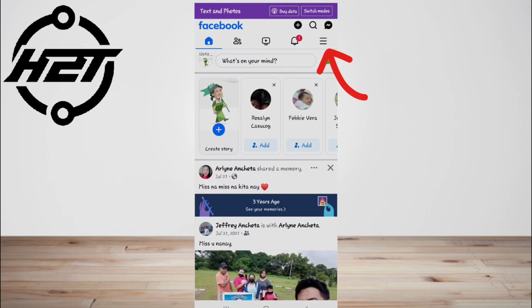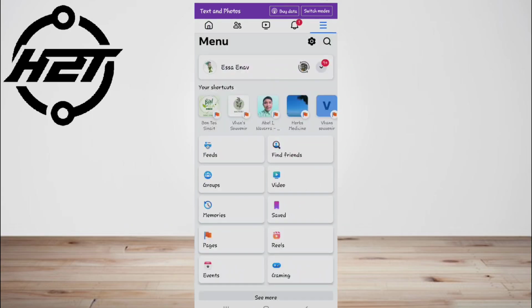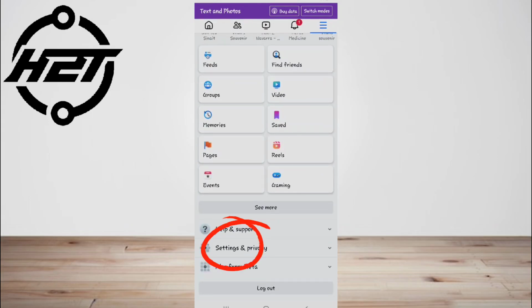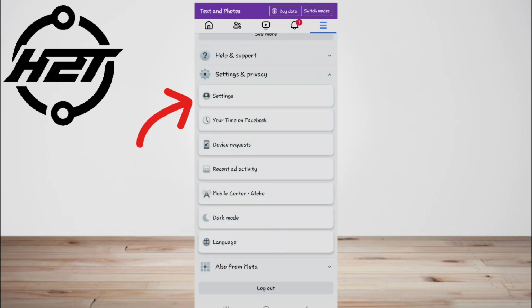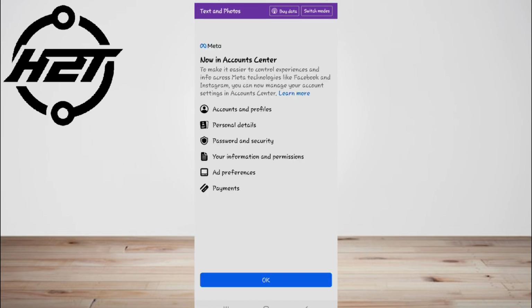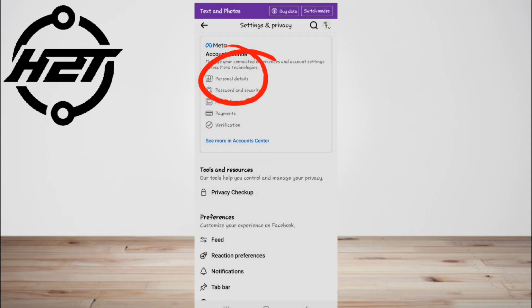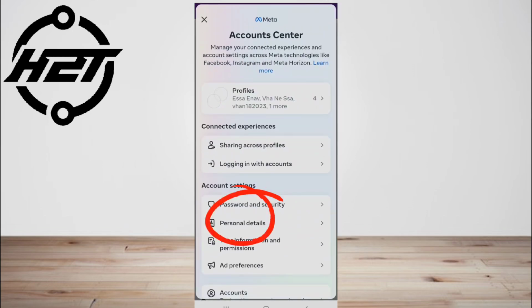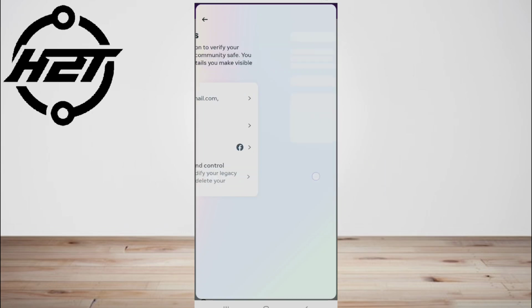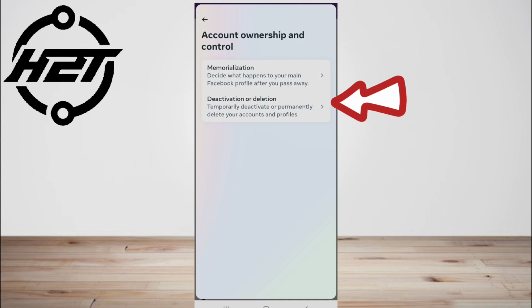Tap on the three-line menu button again and scroll down to the bottom and select Settings and Privacy and hit Settings. Now, go into Access and Control and tap Personal Details. Tap on Account Ownership and Control. Then, select Deactivation and Deletion